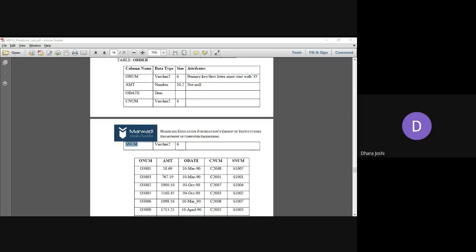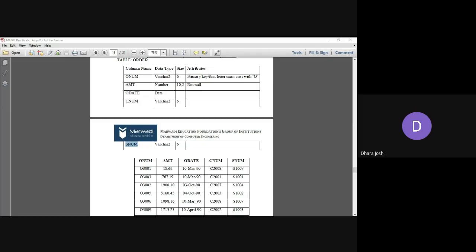Okay, Puja done. Good. Dhwani table is created.